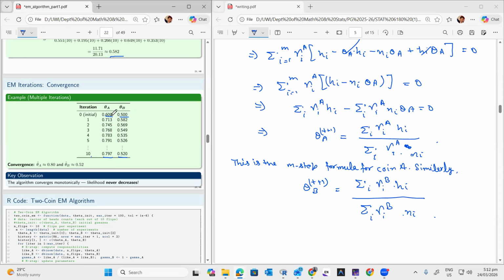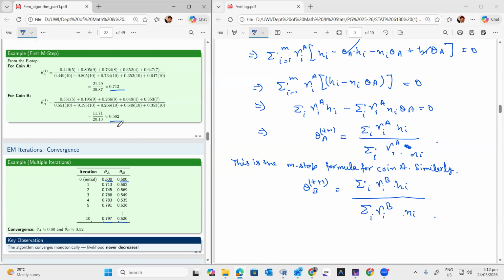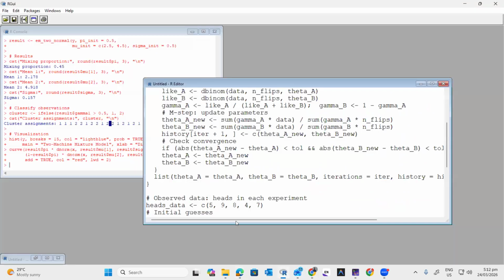Earlier we took the initial guess 0.6, 0.5. After getting these values, we use 0.713 and 0.582 as the initial guess, and again we estimate the values. After that we got these values, 0.745 and 0.569. So again we used these values as the initial guess, and again we estimated it. All right. So after closing that one,